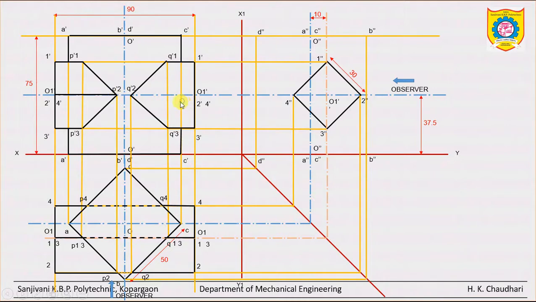Similarly from this right side also we can make thick. Okay, now in between this part, the edges are there but they are hidden. So P1 to Q1, similarly P2 to Q2, P3 to Q3 and P4 to Q4. The edges we have to make them hidden in front view also.